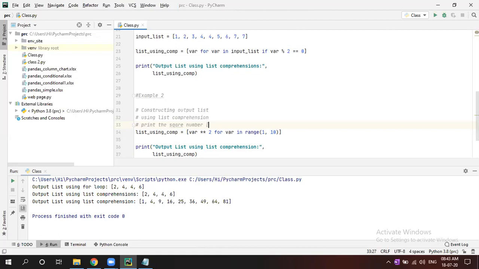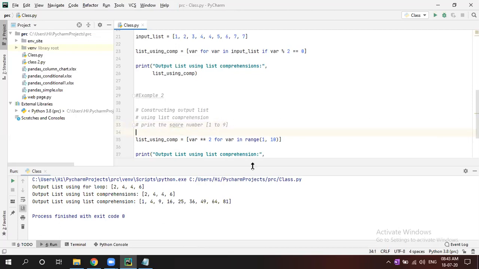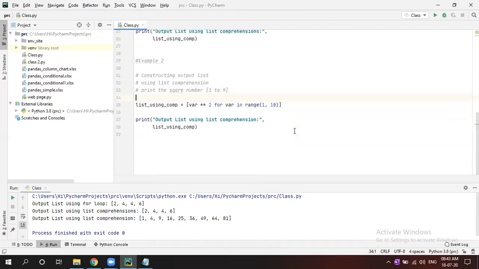So I need output 1 square, 2 square, 3 square. That means 1, 4, 9, 16, 25, 36, 49, like that. So how to do that? Using loop and if again, you can do it, right? But how to use list comprehension? Using list comprehension, that is one line. Where this is nothing but square, exponent 2, for i in range 1 to 10.